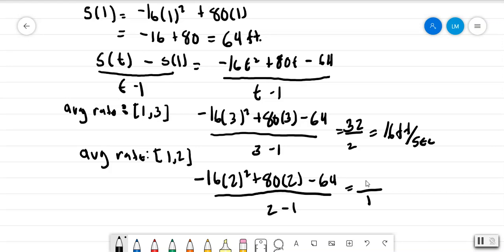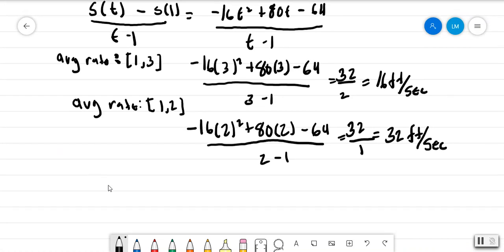Let me see, negative 16 times 3 squared plus 80 times 3 minus 64. Okay, so 32 is 16. Okay. So in this case, this is going to give me the value of 32. So that means that as we get closer to 1, we're actually increasing the average rate. Now, I'm going to go ahead and use the average rate of change,